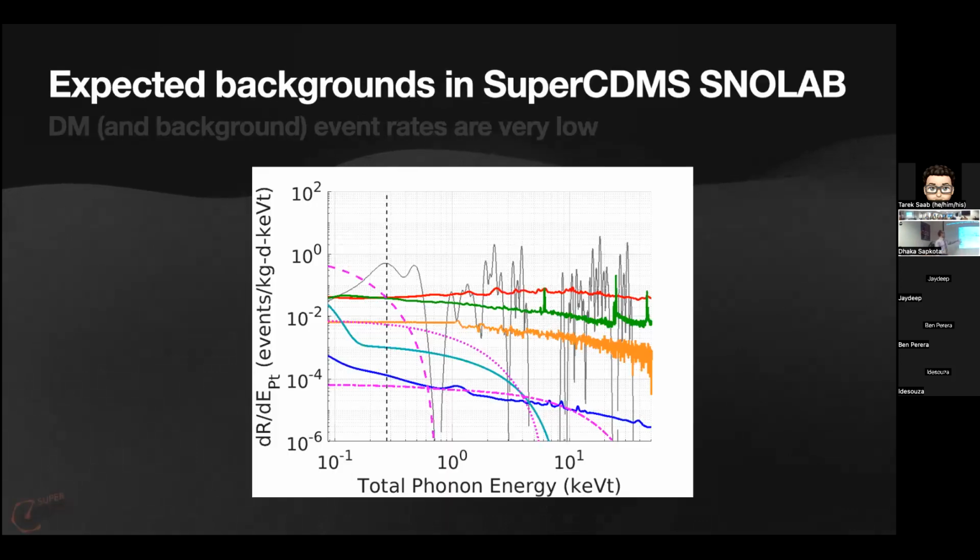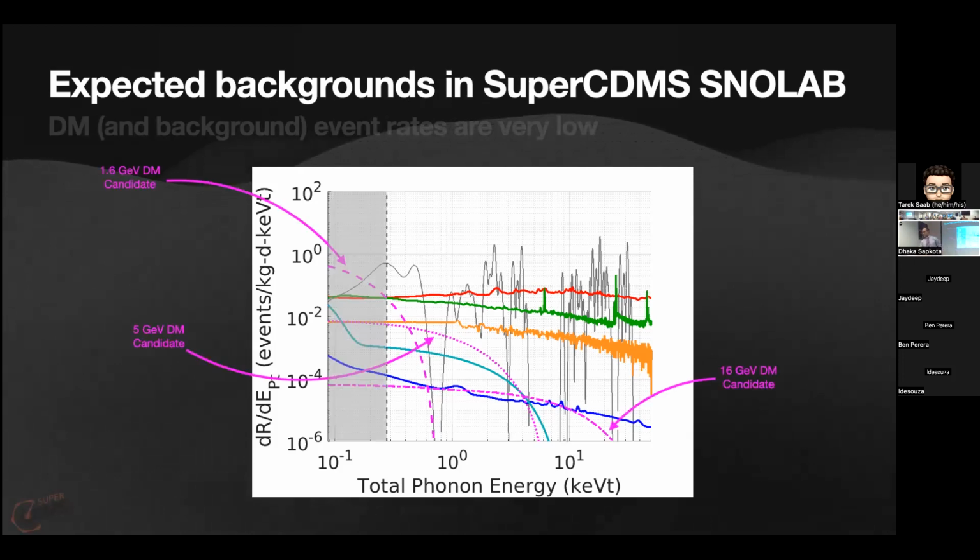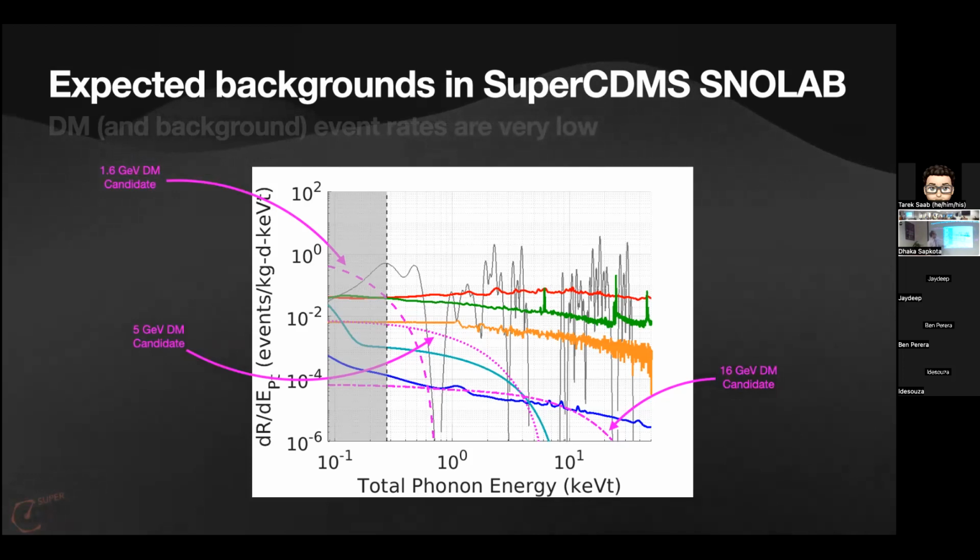So this is a diagram. It's a messy diagram, I know, but it helps us quantify what's going on. This is a simulation of what the SuperCDMS experiment might see once we're operating. So I'll point out a few features. In pink are the potential spectra that you would see for various dark matter candidates as a function of mass. So the lightest candidates would give you the steepest, the lowest energy spectrum. Most of the events are down here.